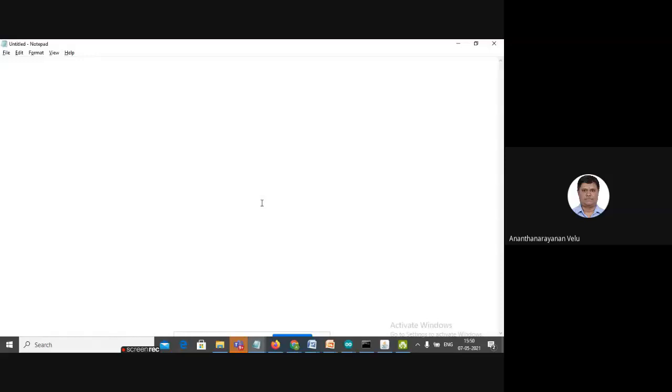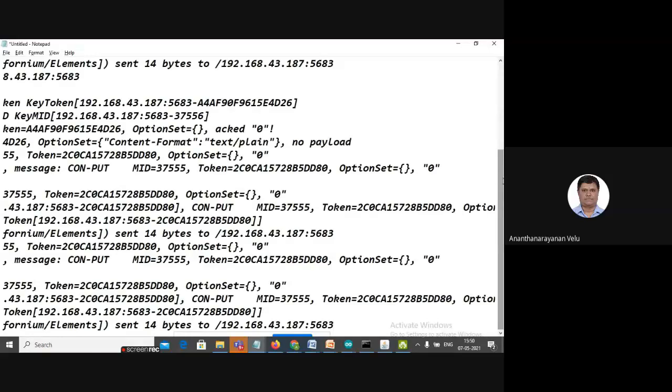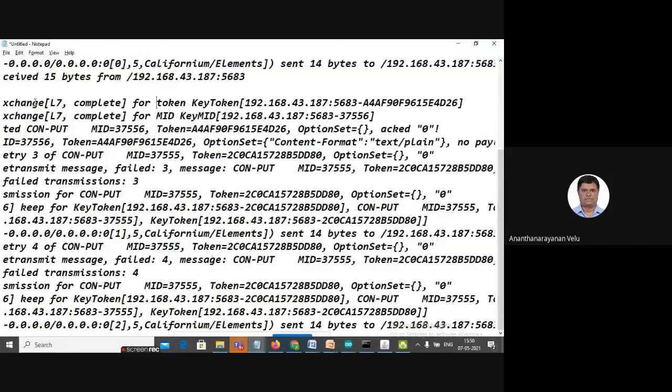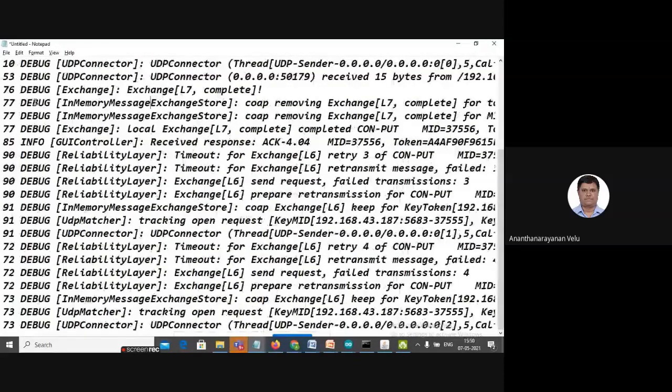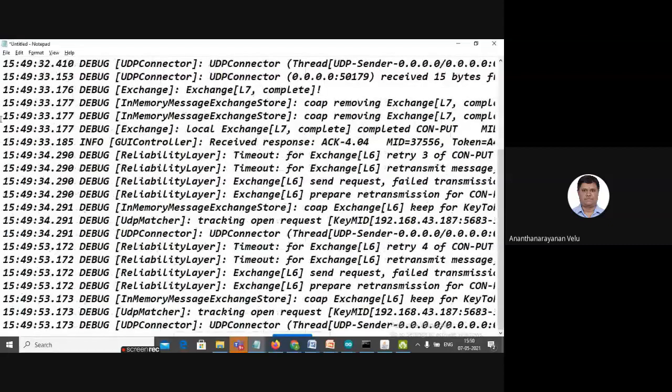what are the things that are communicated. You can see the token ID, the message ID, the timestamp along with the UDP connector, the CoAP message.